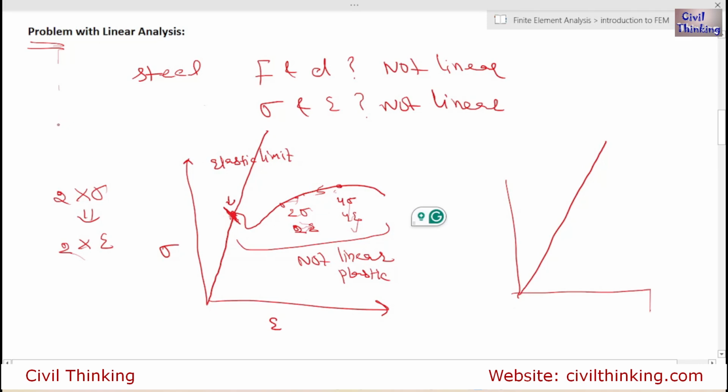Now if you carry out analysis of a beam or something, it will bend like this. Up to this, if you further increase, it will fail. There will be a fracture or crack here. But if you set the analysis to be linear, it will not show any crack or anything. Why? Because it is following this straight curve. And instead of showing a crack, it will show too much stress,